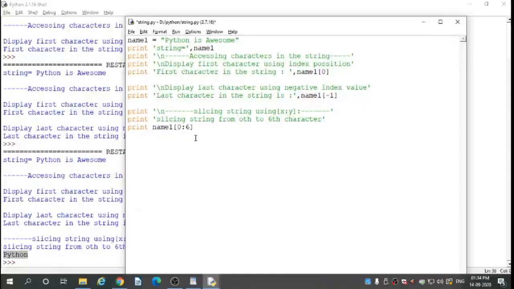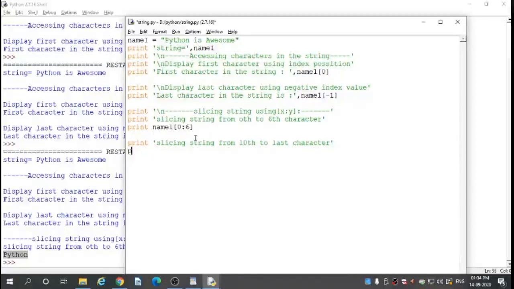Next, print in single quotes slicing string from 10th to last character. Single quote completed.